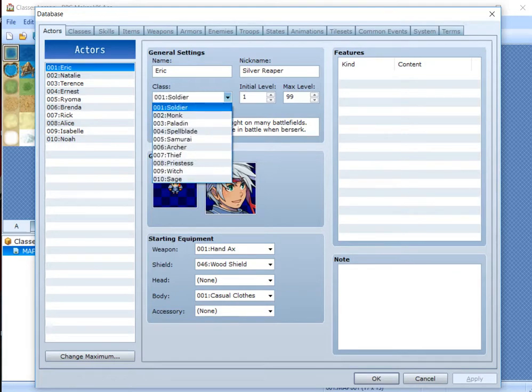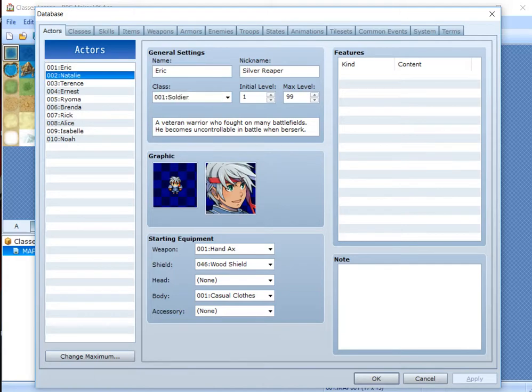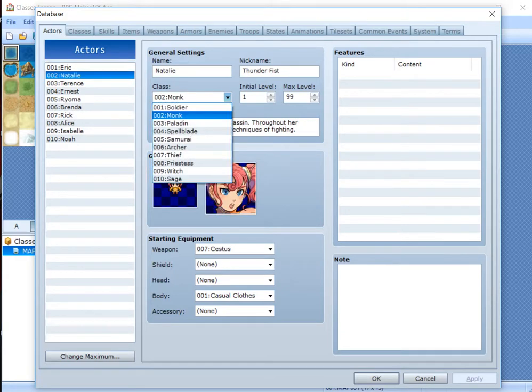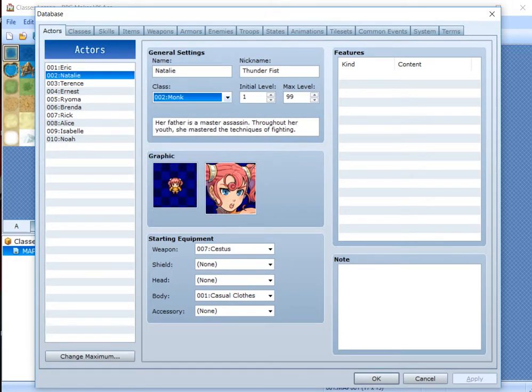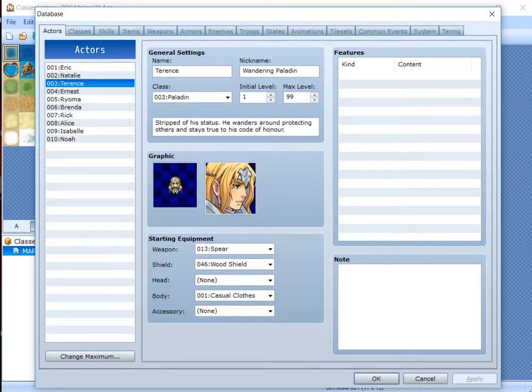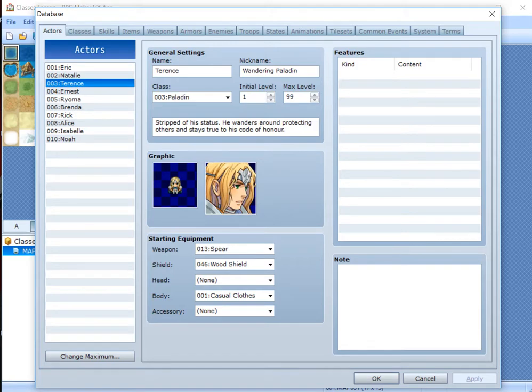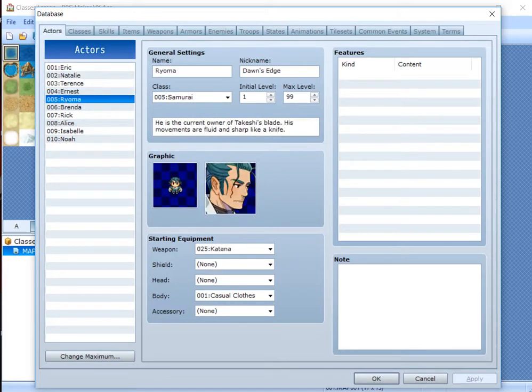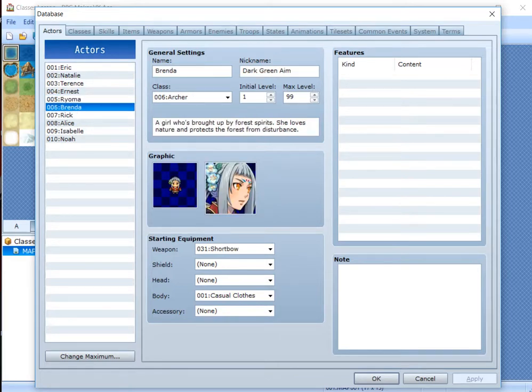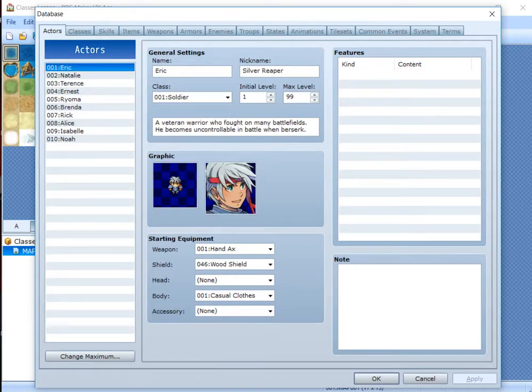If you hit the drop-down menu here, you'll see all the different classes. Eric was Soldier, Natalie was the next in line, Monk, and Terrence will be the third one in line. Now these classes, there's 10 characters and there's 10 classes. We're going to go to the Classes tab because it's the Classes tab that these characters or actors are getting their abilities from. We've not defined any features over here, because we're leaving the software to do its default behavior,